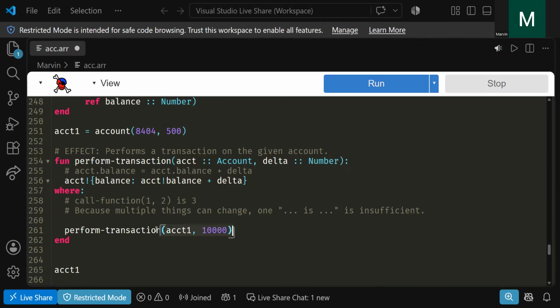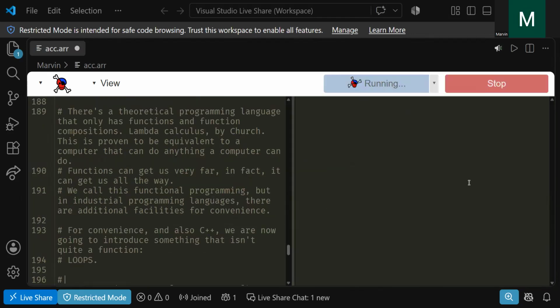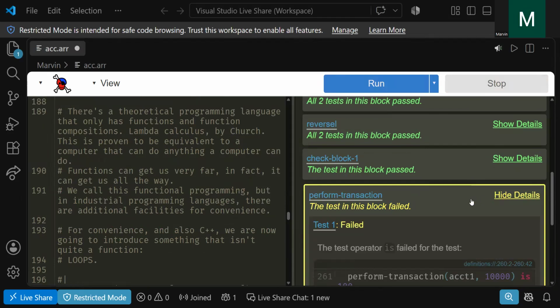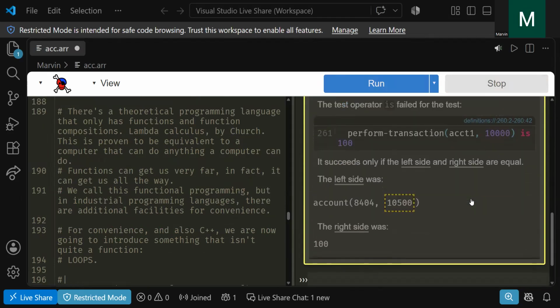So let's say we call perform transaction. Notice how that doesn't even produce anything. I can't even use is. Like, I can't do this. If I did this and I run it right now, it's going to say the test will fail. And it will fail because the left's